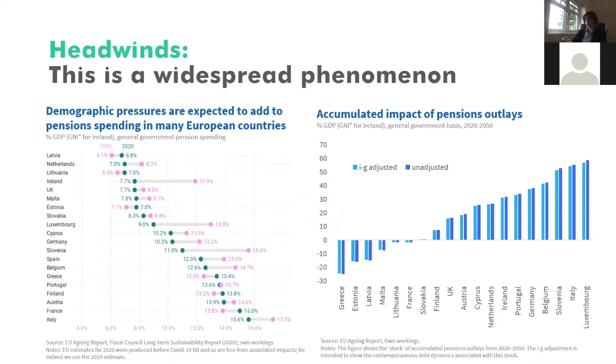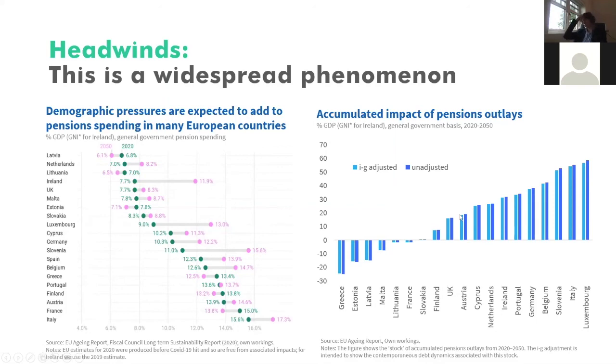And it's not just an Irish phenomenon, it's a widespread one. So we can see it in other European countries. Here, on the left, we show the increases in government spending on pensions per year from 2020 in green to 2050. And while some countries are actually due to fall slightly, a lot of countries are due to rise, and some of them way more than others. So in this case, Ireland is due to rise from being one of the lowest spenders on pensions in Europe to one of the highest, as a percentage of GNI star here, and everyone else as a percentage of GDP